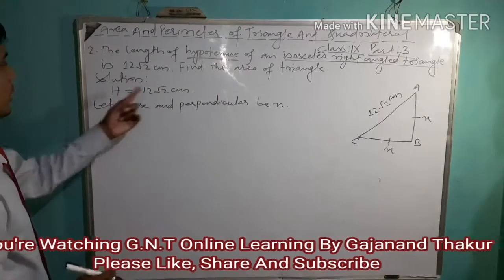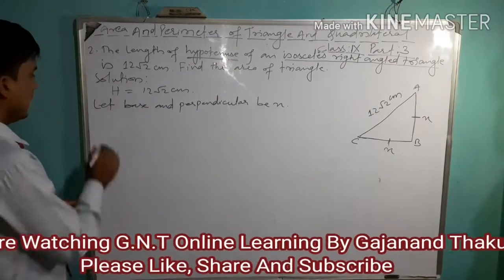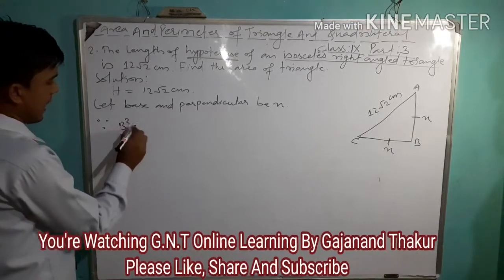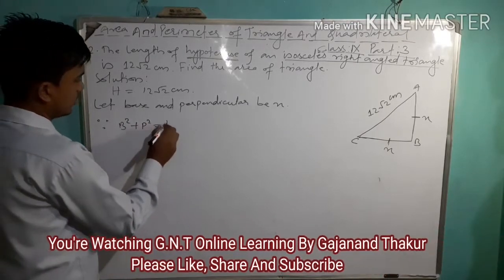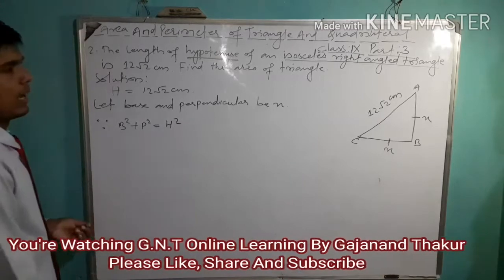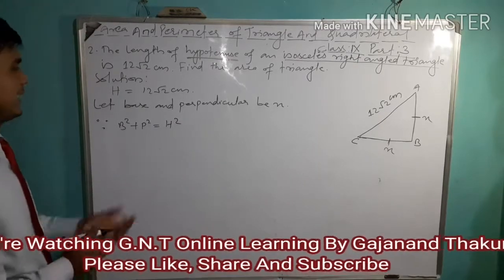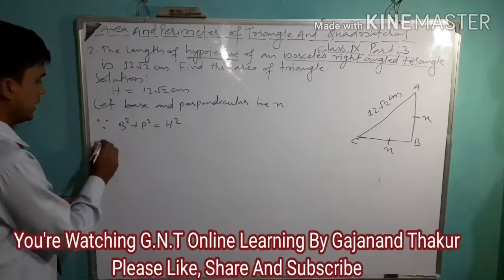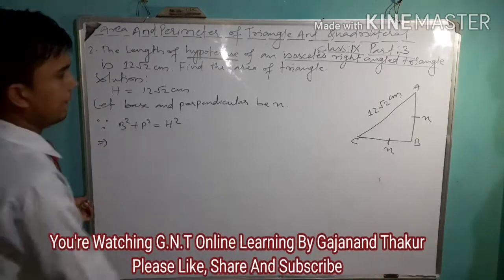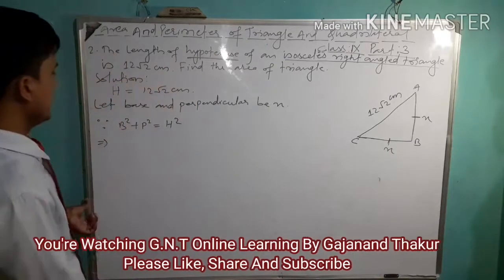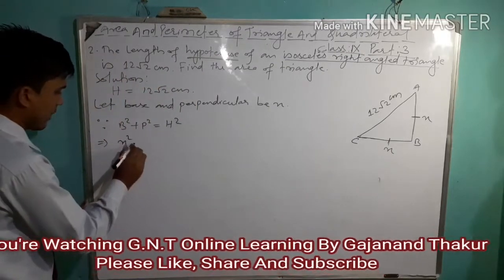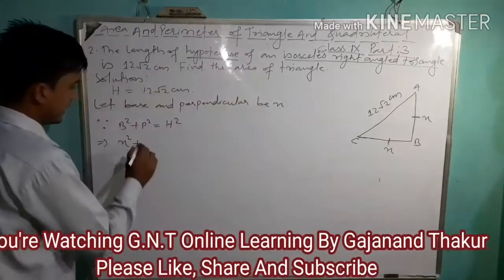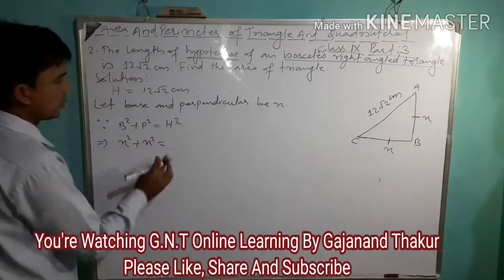Now we are given the hypotenuse. Since base square plus perpendicular square equals hypotenuse square, this is the rule we follow. This is the Pythagoras theorem. Now what is the base? The base is x, so we take x square plus the perpendicular, which is also x, x square,